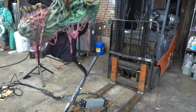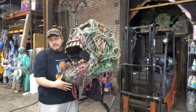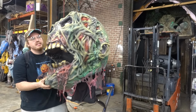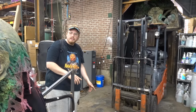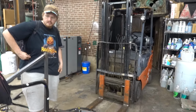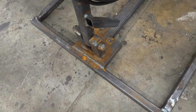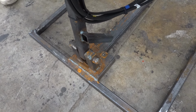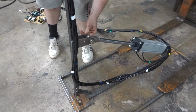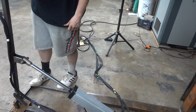I'm gonna take air. So the force of this thing, well, I put the forklifts on it so it wouldn't fall, but when this thing is out like this, if there was no forklift there, this thing would fall. Yeah, one of the things I think Scare Factory should have done, though, this should have been a pillow block right there for that pivot. That may be a problem, like sawing that bolt in half. But either way,